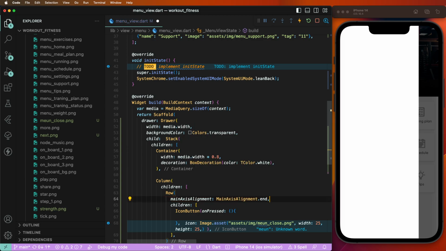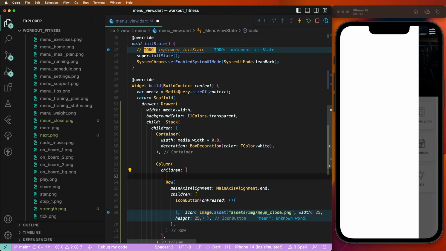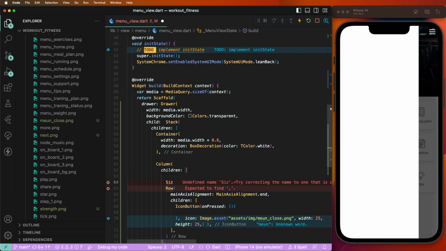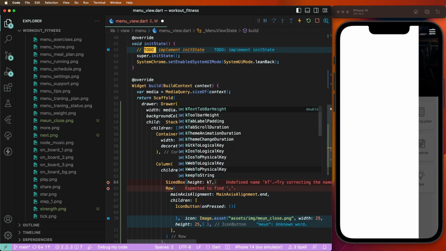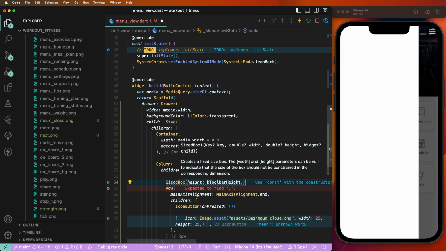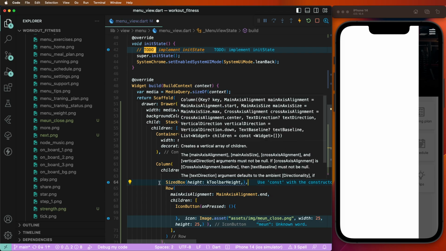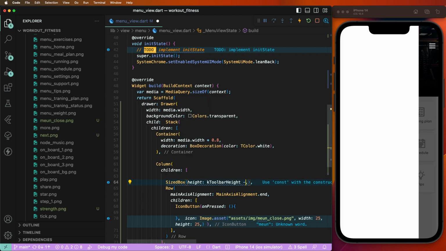And now we need to display it, and now we need to give some box spacing, a size box, and we need to give the height, and we need to set the height of the toolbar. We need to set the height,